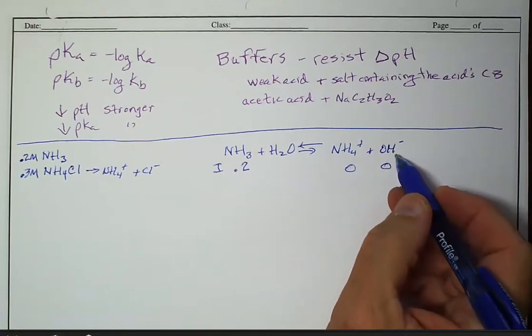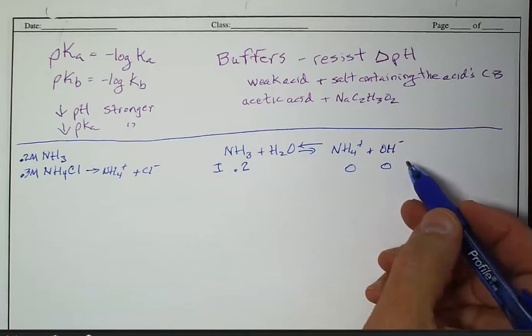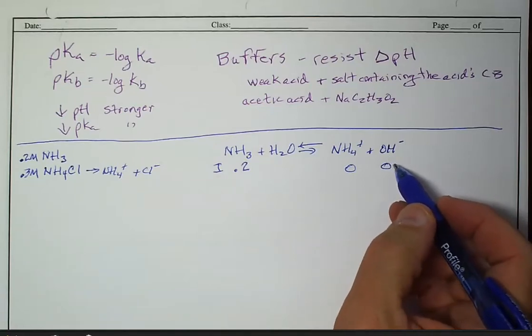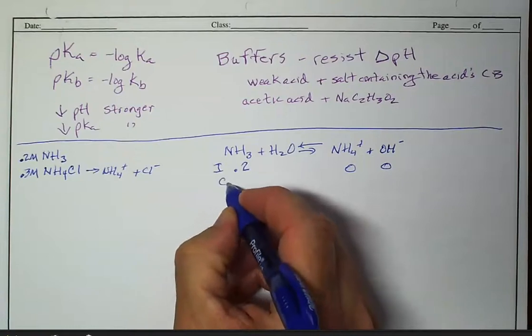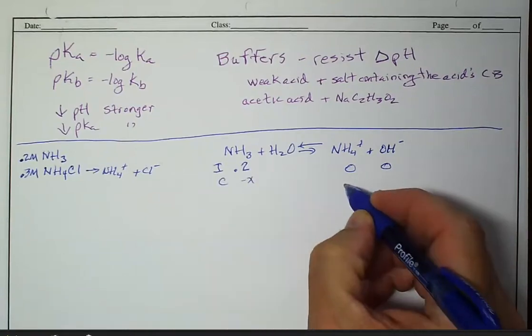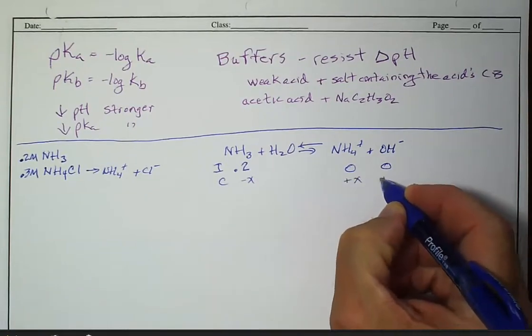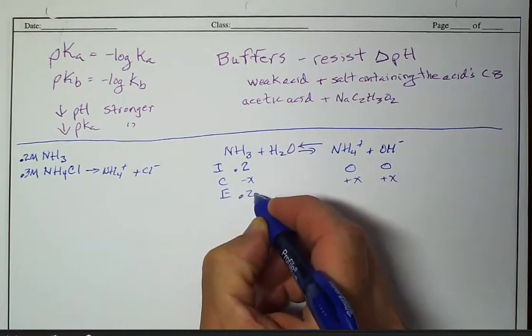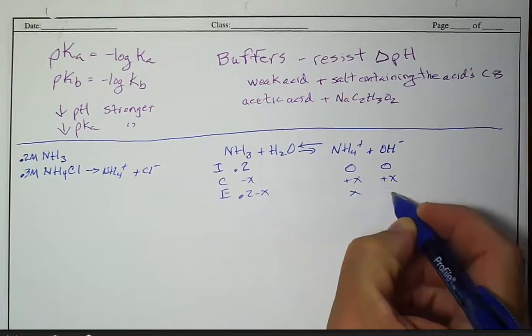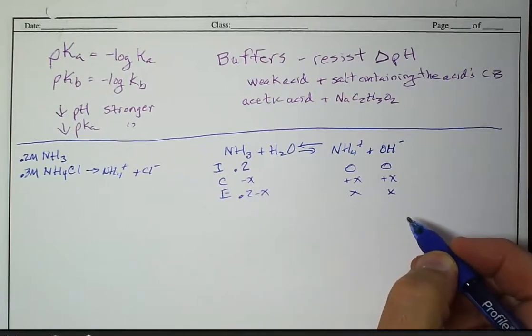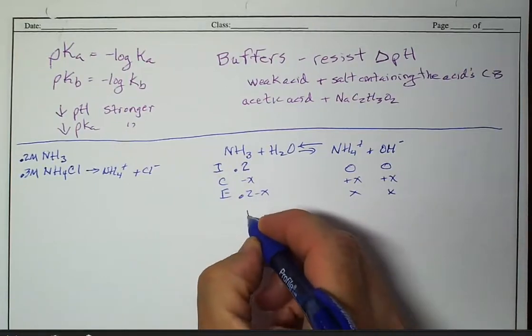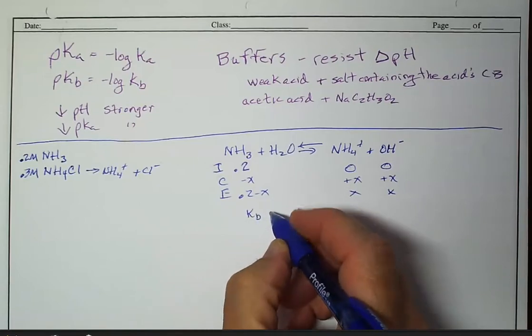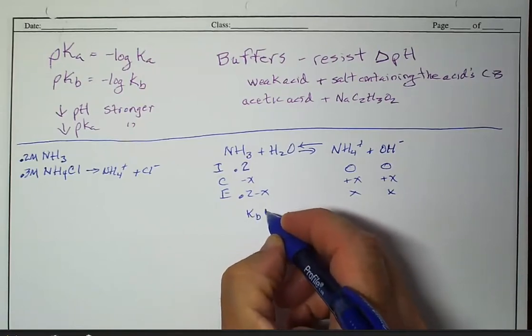Actually, we know that there is a tiny amount of hydroxide just from the water itself, but it's negligible, ignorable. All right, so this is going to go down by x. We're going to add x of this and x of this, so that at equilibrium we have 0.2 minus x, we have x, and we have x. And Kb for ammonia